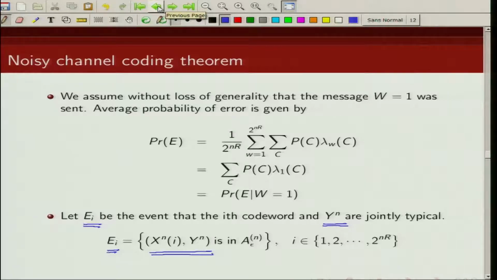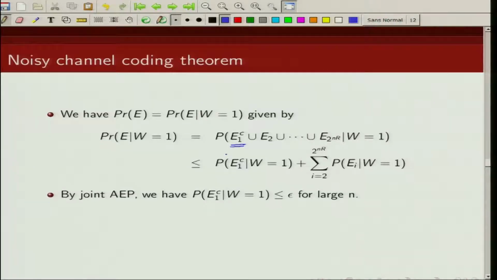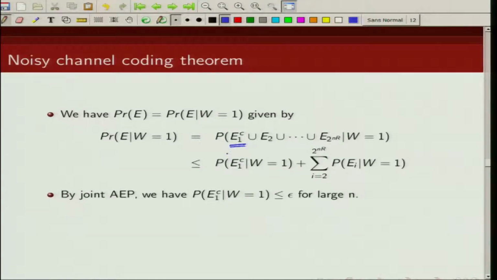Now if index 1 was sent, the decoder will not make an error if x^n(1) and y^n are jointly typical, and that corresponds to event E1. So if E1 complement happens, then that is an error, because if index 1 has been sent, the decoder will not make a mistake if event E1 occurs. So an error will happen if the complement of event E1 has happened, or